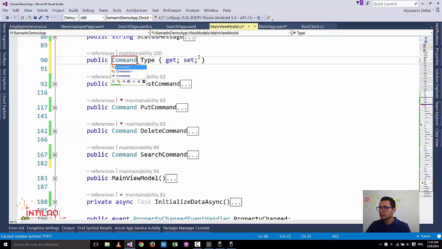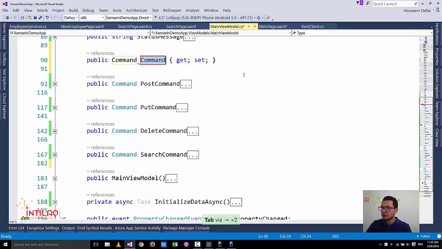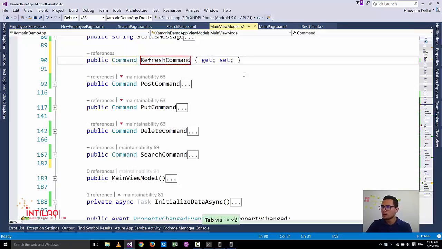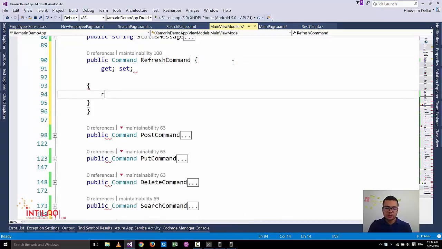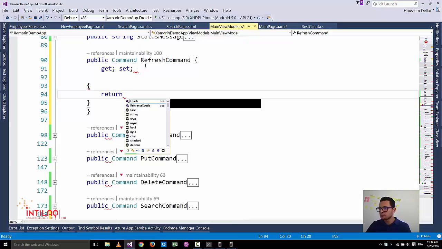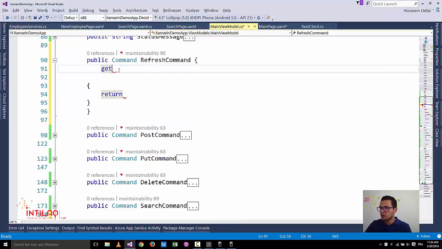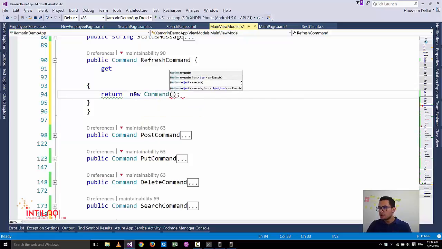It's of type command and I'll call it refresh command. The refresh command has only a getter. That getter will return a new command. The new command will have an action